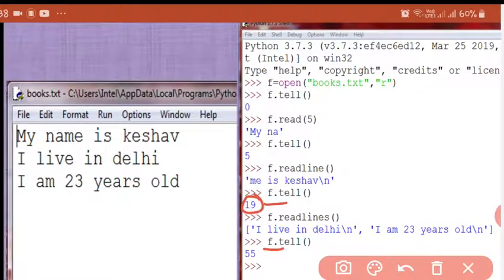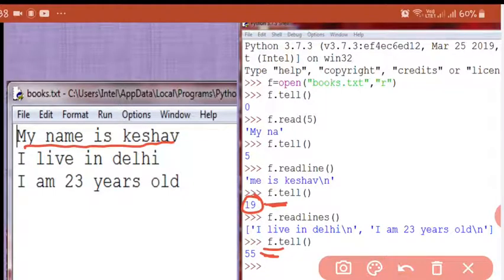You saw here that 19 is coming, but if you read the characters of the first line, there are only 17 characters till here. 1 is extra because of the line change character, but one more thing is there along with the line change character which you will come to know later. So for now you just need to know that 2 bytes are extra here also and some bytes are extra here also, and what is the reason behind it, you will come to know later.